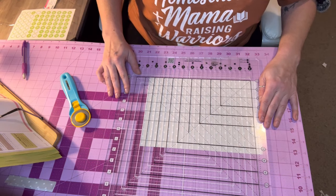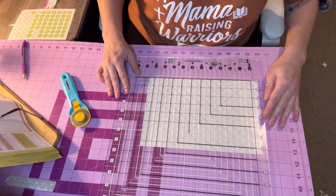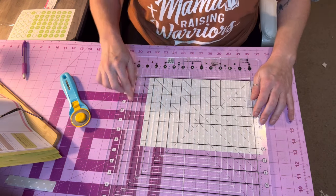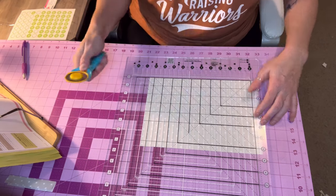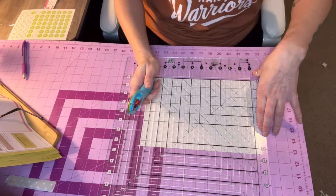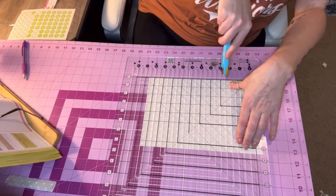That way I can make sure I don't cut off too much of the selvage over here. So you can see my folded line right here at the 10.5. So then I'm going to cut off at the 0. And then what I need,